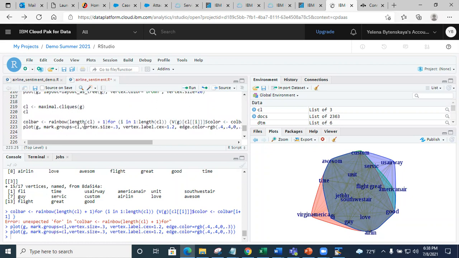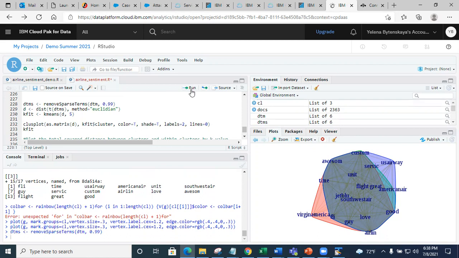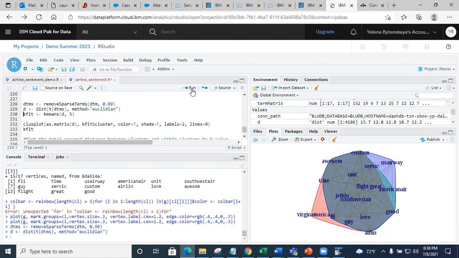I thought this was in the reading, but I figured out what's going on. So I'm giving you this little code, and I believe this is a clustering thing here. This one will remove sparse terms. This one will calculate the distances.